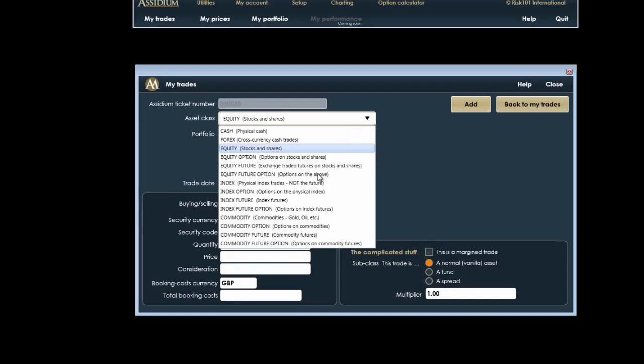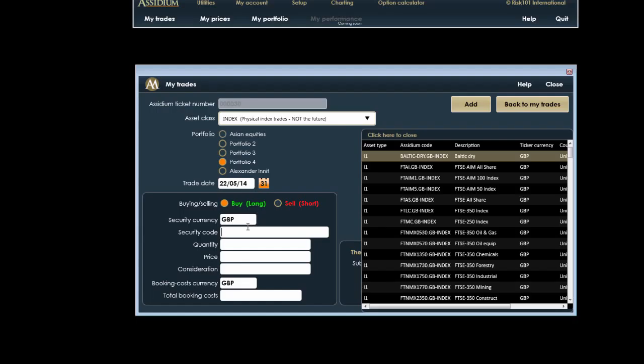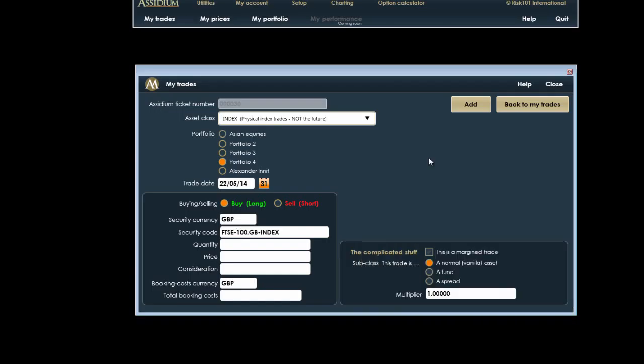When manually booking your trade, immediately identify the asset class and your required index. This will narrow the auto prompts and make them more helpful. Many possible indices can be found under such a broad category within the auto prompts. The FTSE 100 is named like this: FTSE-100.GB-index. Here are the Assidium codes for some other major indices: